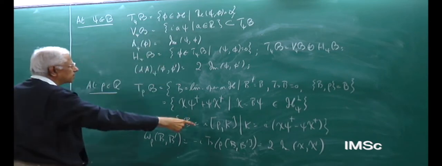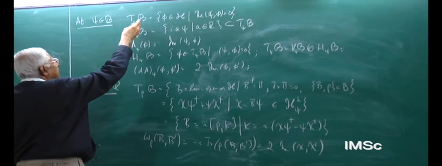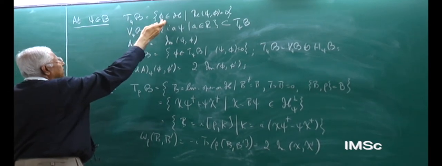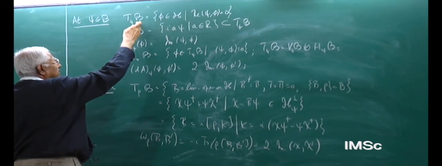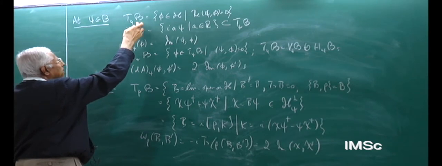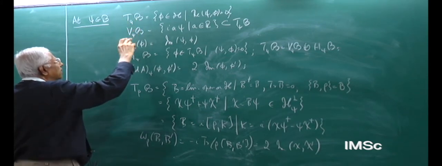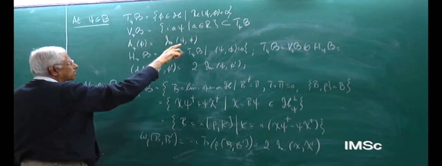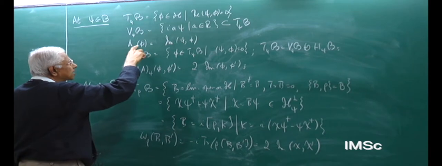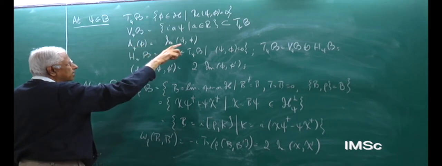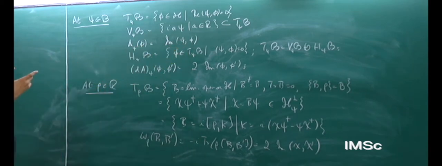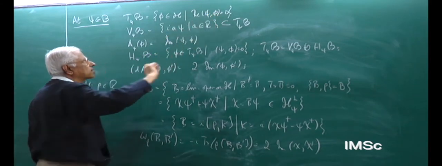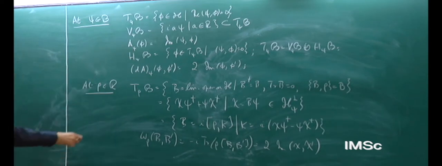So in all these expressions, psi is a general normalized vector in Hilbert space. Phi is a vector in the tangent space T_psi B at the point psi, V_psi is the vertical, and so the same notation. So in this action of the one form, psi is a unit vector, phi is a general vector in the Hilbert space, obeying this condition: the real part of the inner product of psi and phi has to be 0.